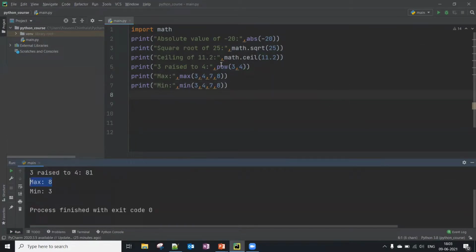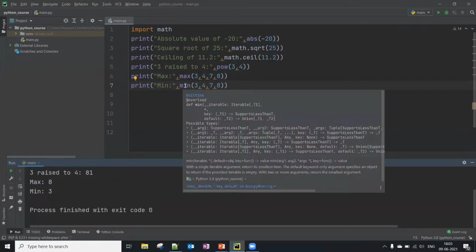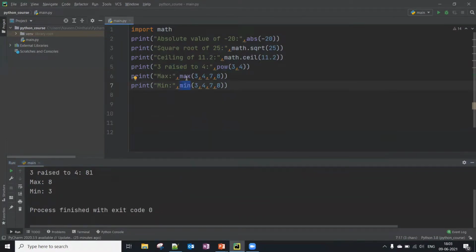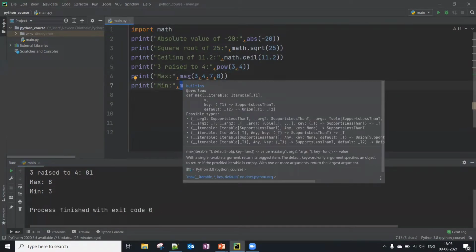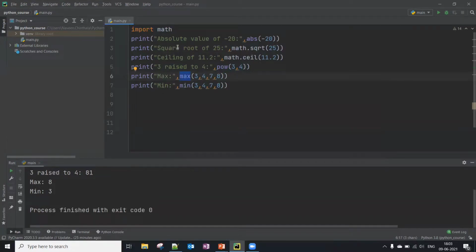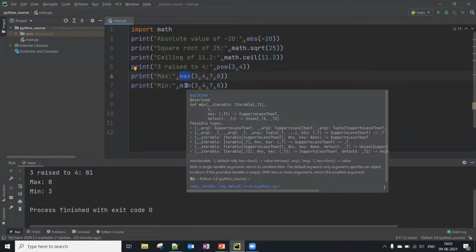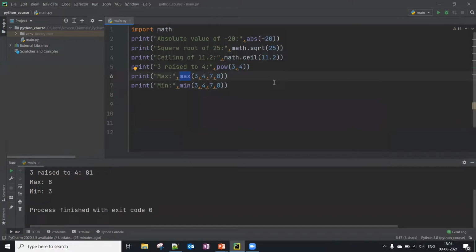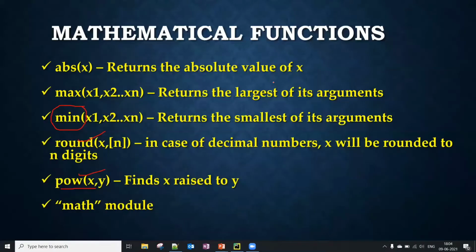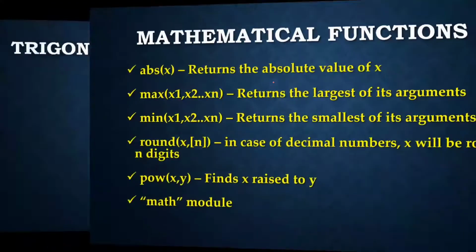So the maximum value in these arguments is 8 and the minimum is 3. That's what is returned. So you can use the max and min functions. And if you observe, I didn't give any math dot here. That means it comes by default. You don't need to import the math module when you want to use max and min functions. Okay, that's all about mathematical functions.